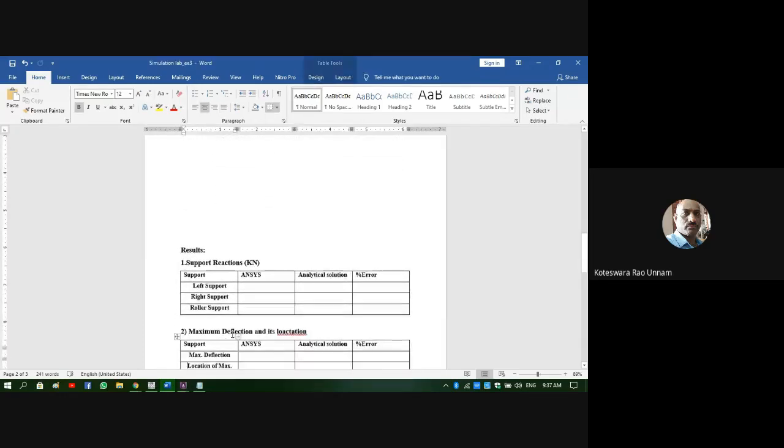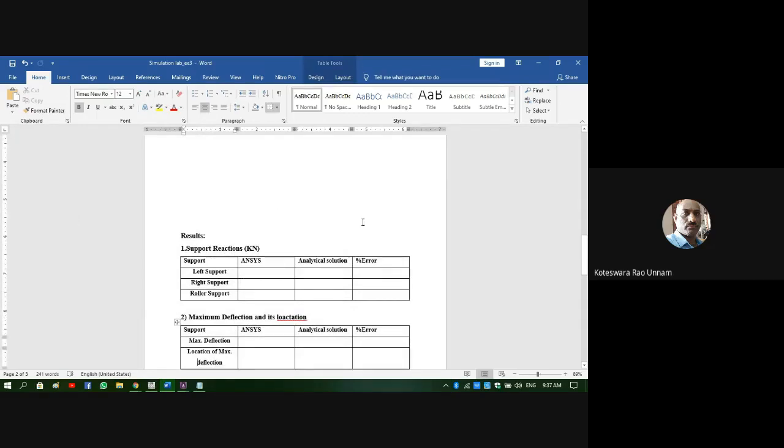Once that is done, we need to calculate the support reactions: left support, right support, and the roller support. You need to take the values from the solution, whatever I have given in the above picture, and compare them.